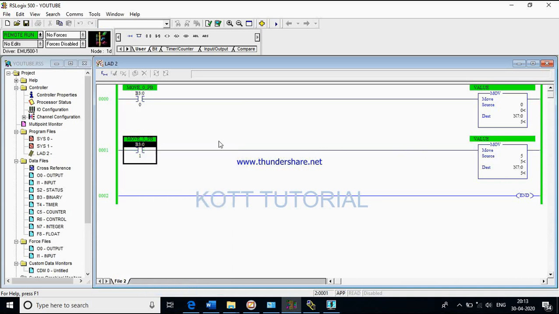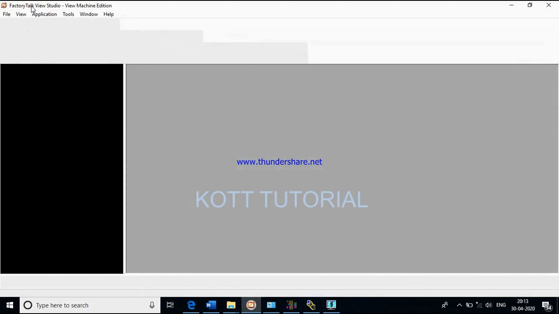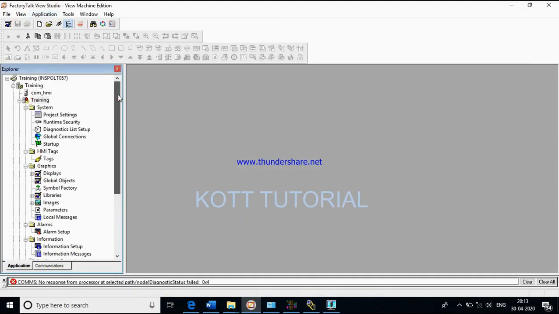Now our last step is to make an HMI program and configure that HMI runtime with RSLinx Classic. So I am opening my FactoryTalk View Studio. This program is to create HMI screens in Allen Bradley HMIs.